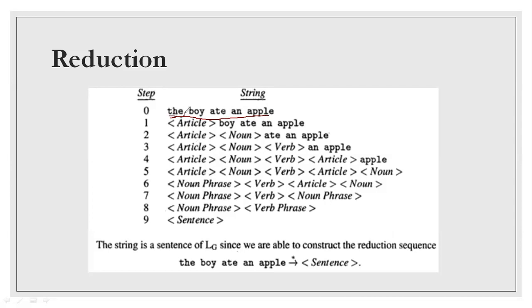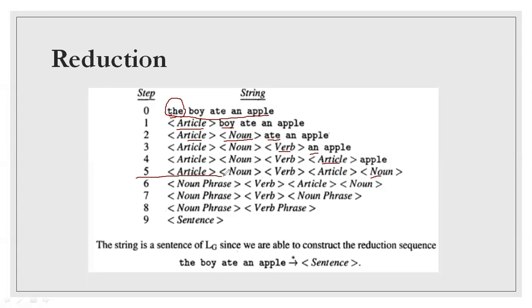What is the? The is the article. Keep everything as it is. Boy ate an apple. After article, what is boy? Boy is noun, as per grammar I am telling. Article, noun. Next is ate an apple. Now keep article, noun as it is. Now what is ate? Ate is verb. Keep an apple as it is. Next, what is an? An is article. Keep apple as it is. And what is apple? Apple is noun.